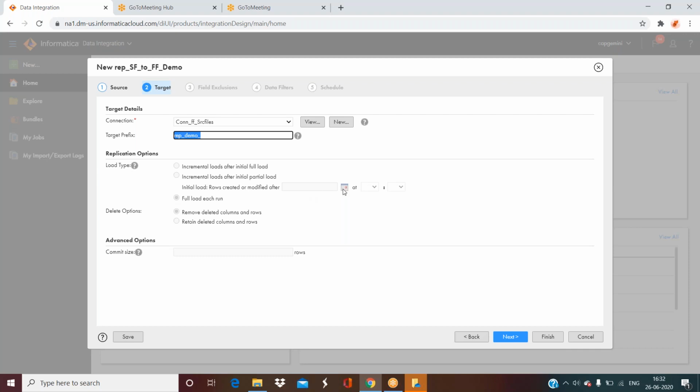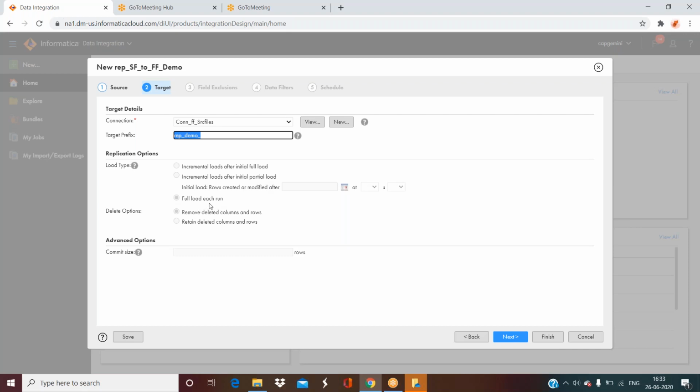So you need to provide the date here, to fetch data which was created or modified after that particular date. Okay, so that is a partial load. And from the second run onwards, it takes only incremental data, that means rows created or modified after the previous run.